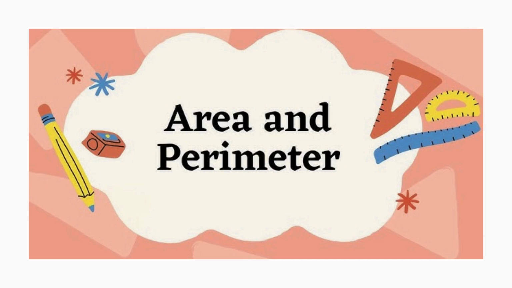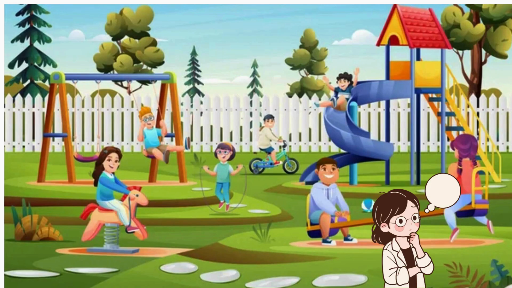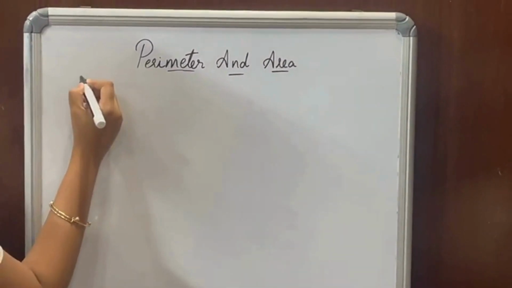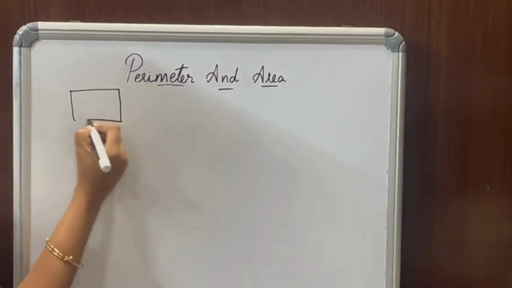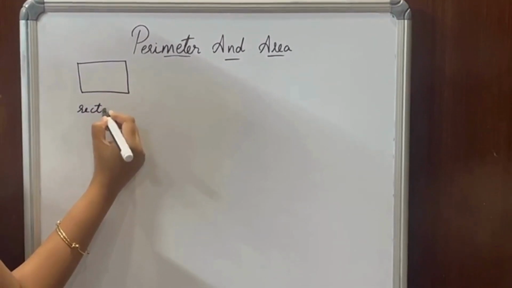Area and perimeter. To know about it, let us take an example from daily life. You'll be playing in the park and something suddenly pops into your mind. You'll be wondering what would be the length of the fence of the park. To know about it, let us take examples of geometrical figures. So what exactly does perimeter mean? The sum of the sides of an enclosed figure is known as the perimeter.